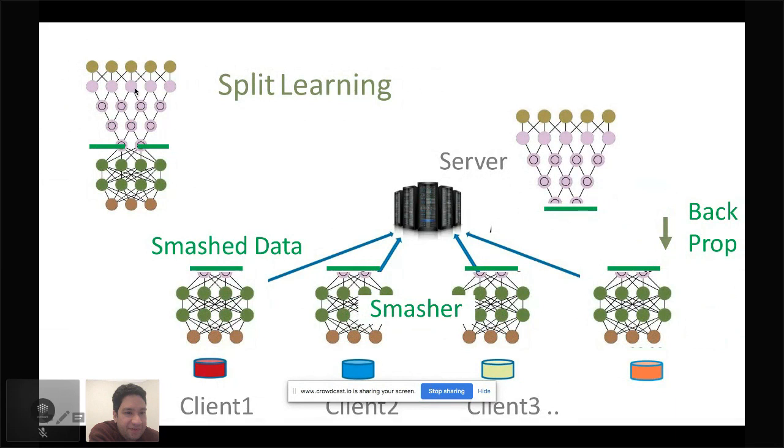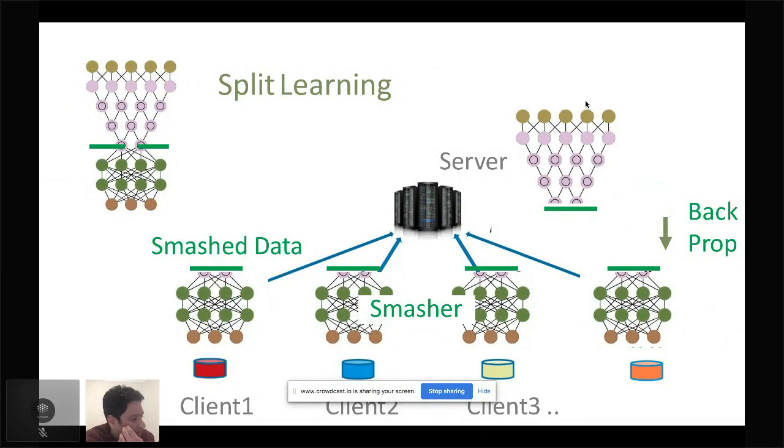You can split at different parts of the network, and you can split in different topologies of what you could do after splits. We will talk about that as we go along, but this slide is at the highest level what's happening. So you split the model in some form, and the pre-split part of the model or the layers are with the client, and post-split is with the server. And also, just to be sure, we're talking about the client-server, the leader-follower kind of regime here.